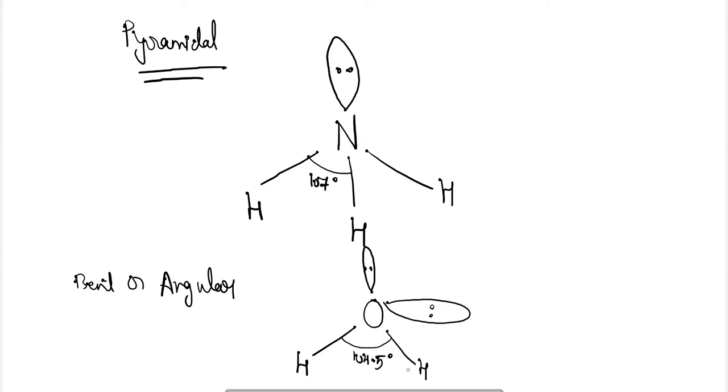Okay. So this is the bent structure for your water. This is water. This is the pyramidal structure for ammonia. Moving further, we will see the bipyramidal structure for SF4. Okay, SF4. So SF4's bipyramidal structure will be one lone pair of sulfur with